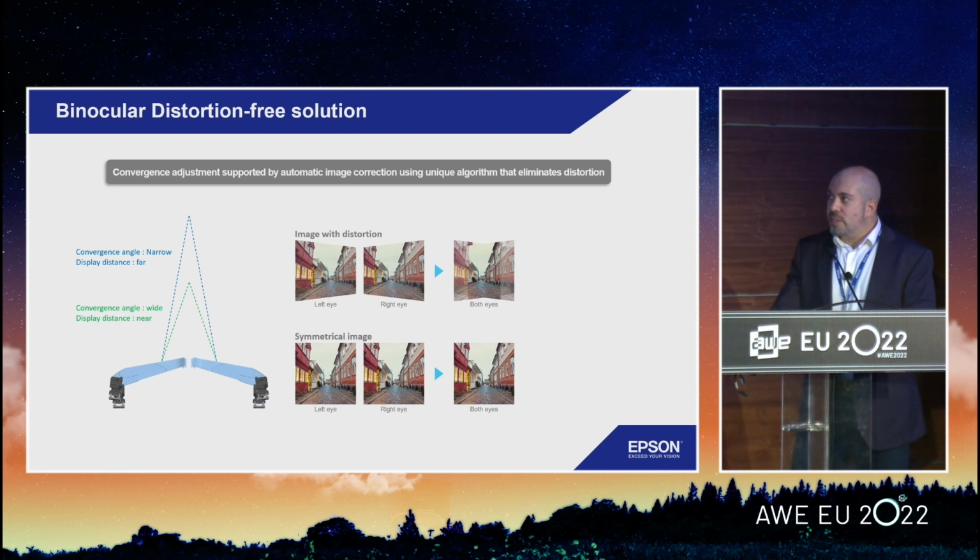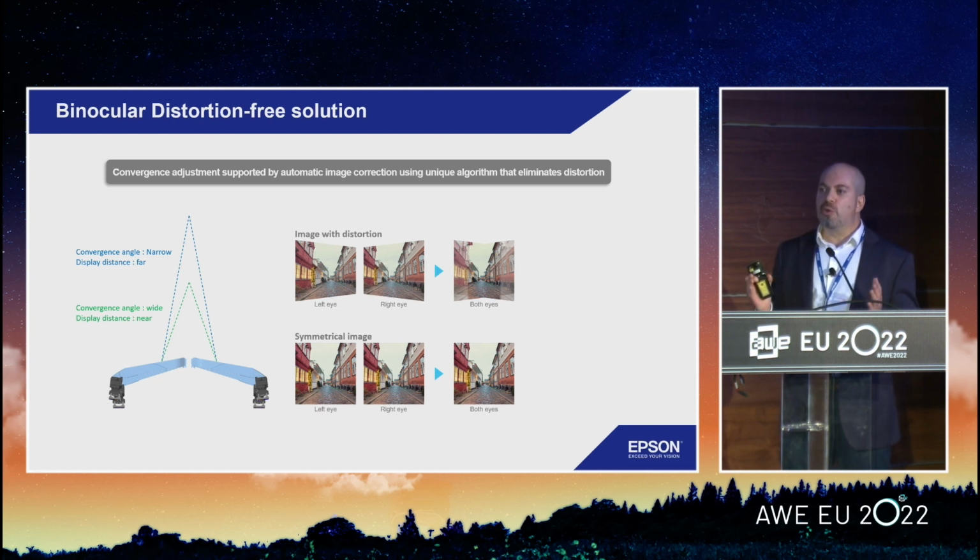Another technical feature that I would like to highlight is obviously because it's a binocular solution. In the binocular, obviously every human would have a different distance between the two eyes, and in order to